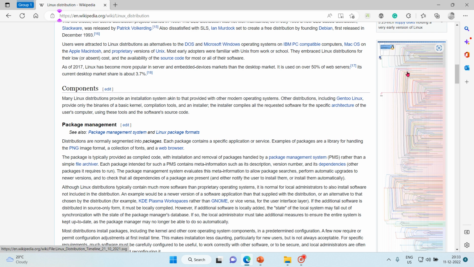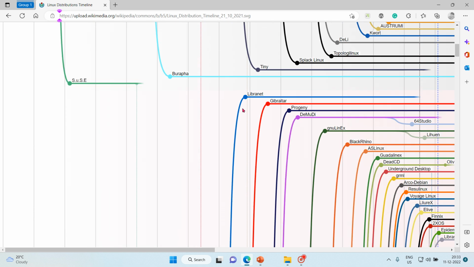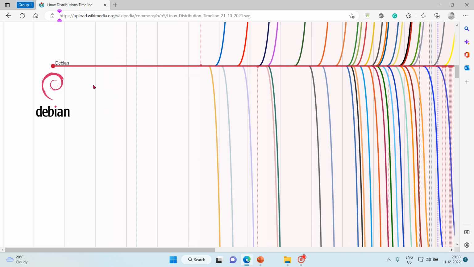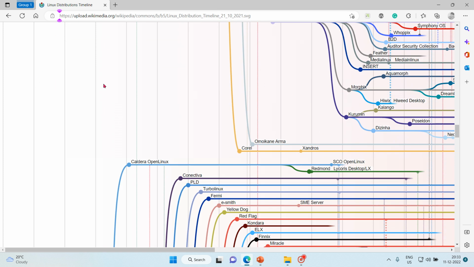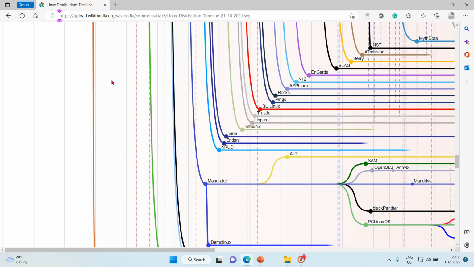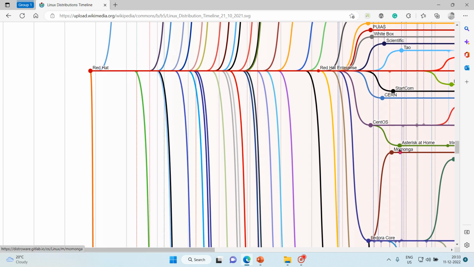If you just go through it, here you have your diagram. This is what I'm talking about. This is how big it is. Slackware Linux, just now we talked. Then you have Debian. Then what you have ahead is Red Hat. Here it is. You have Red Hat. You have CentOS. You have Red Hat Enterprise,